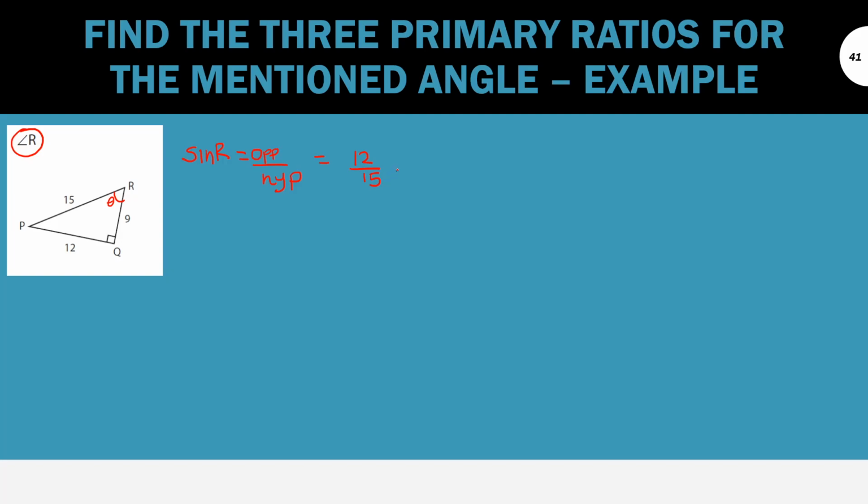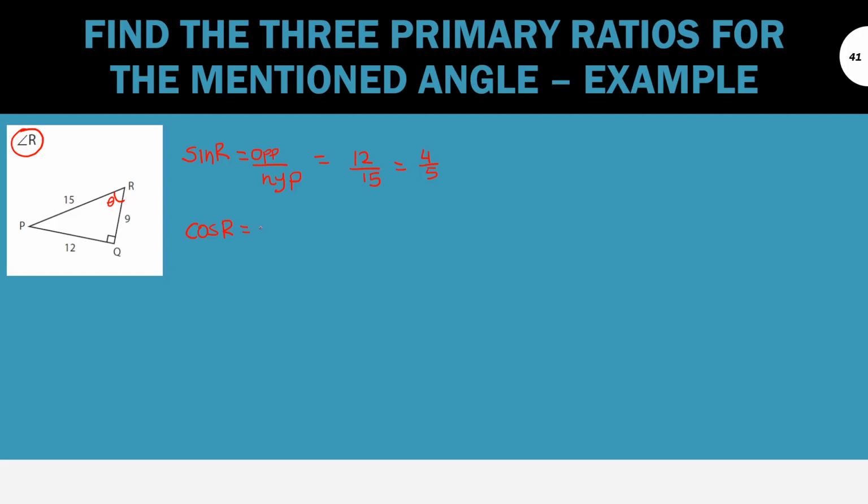Alright, you can then move on to simplifying this, because that's not usually your last answer. That would be 4/5. If you divide both numbers, they have a common factor. If you divide them both by 3, 12 divided by 3 is 4, and 15 divided by 3 is 5. Okay, move on. So we've got cosine of R